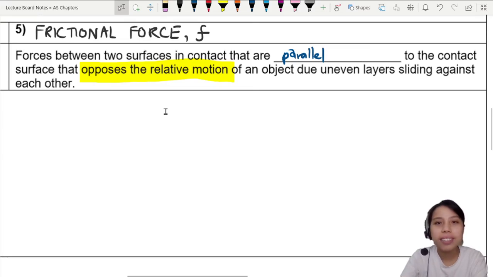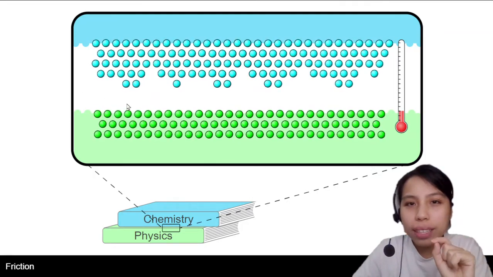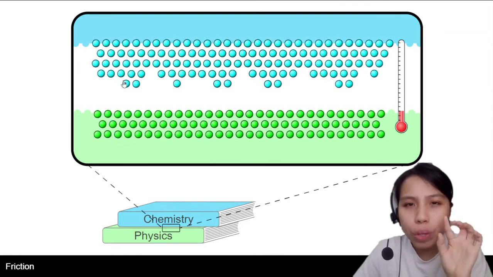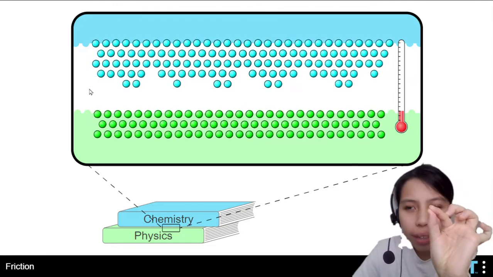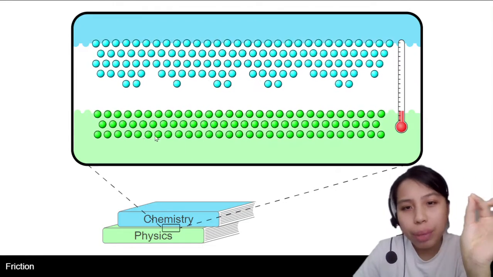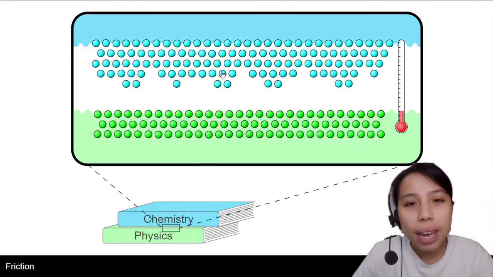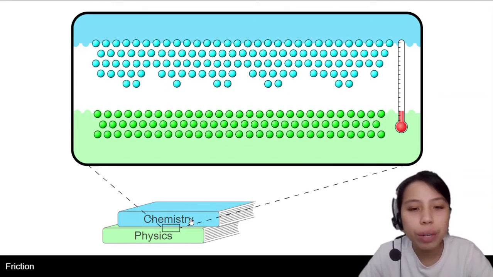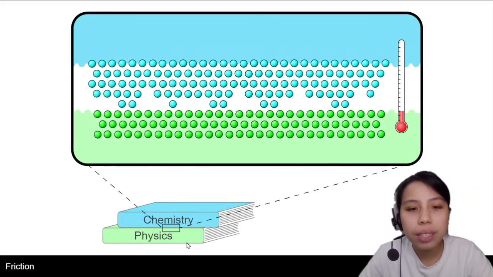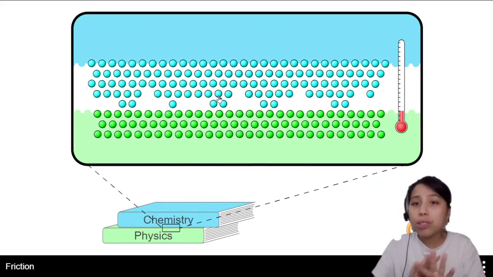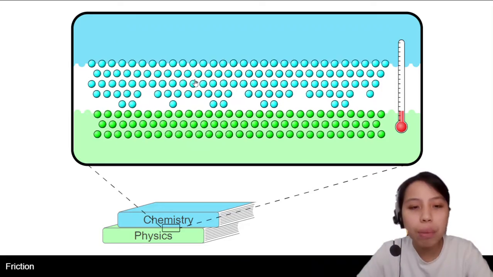Let's go back to the simulation. Take a close look at the surface of this chemistry book when we zoom in to a molecular scale. It's kind of bumpy, isn't it? I mean, the physics one looks better, but if we zoom in some more, it's not even. And all of them are doing a little bit of a jiggle as well. So when you rub them together, well, if I just leave it there, there's no friction force. But when I start rubbing the books together,